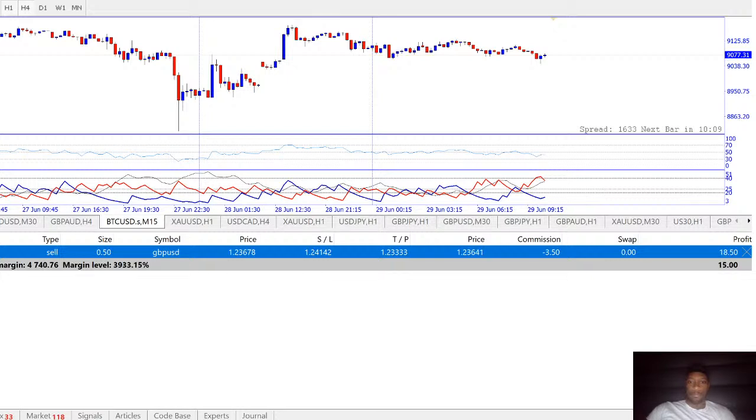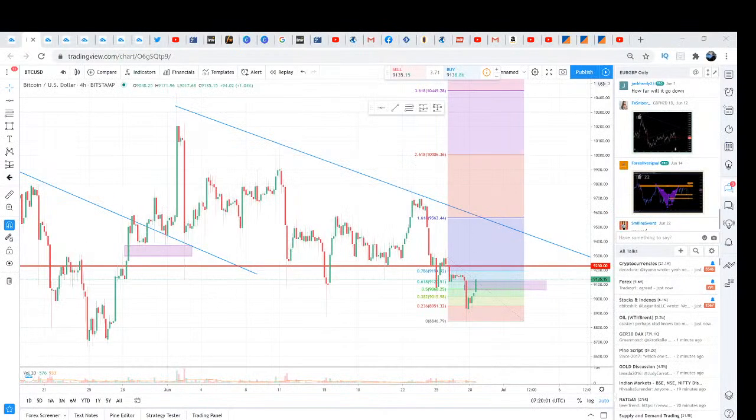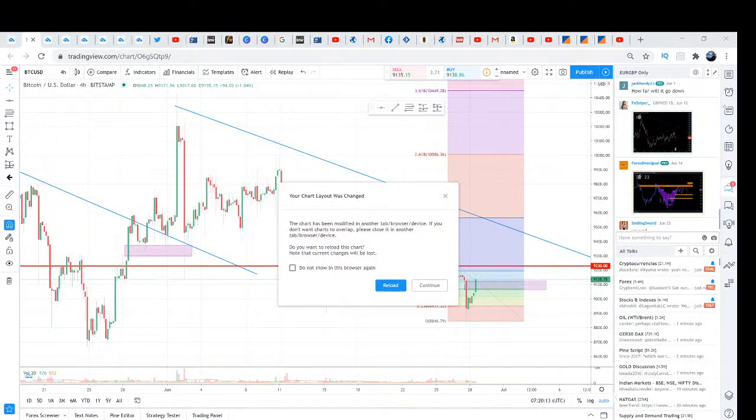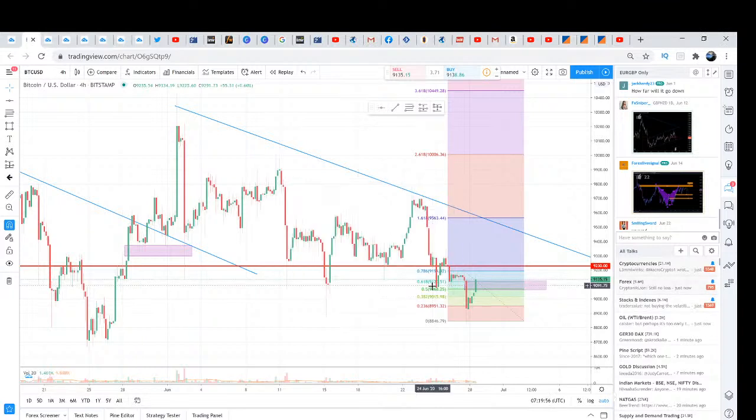Okay, I got 150 in account. I bet 0.25 and 0.10. Okay, so for account, I just sent you a message. For an account of 150, I would say 0.25, 0.10 is a little heavy on an account that size. But right now, since obviously we're in the right direction, and I'm correct, it doesn't look that bad. But if I was wrong, the 0.25, 0.10 could eat up your account quicker